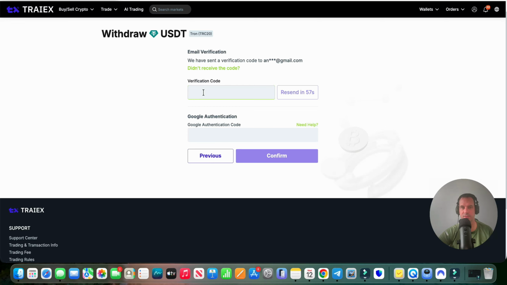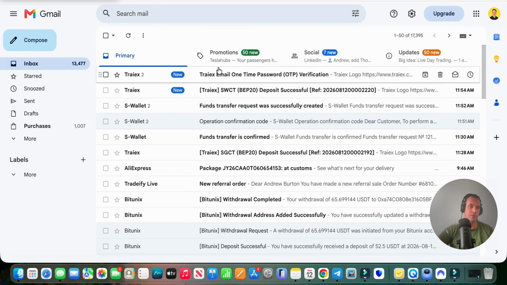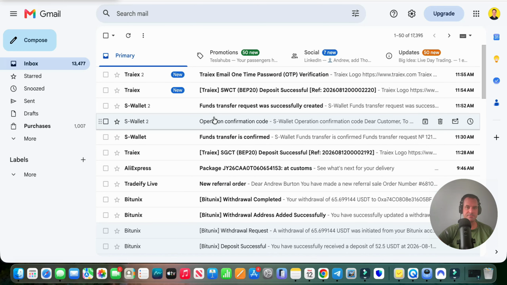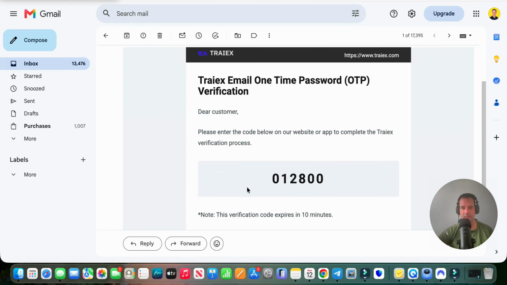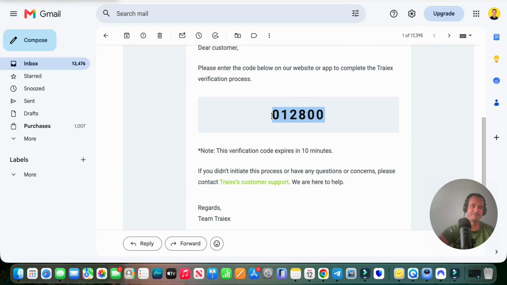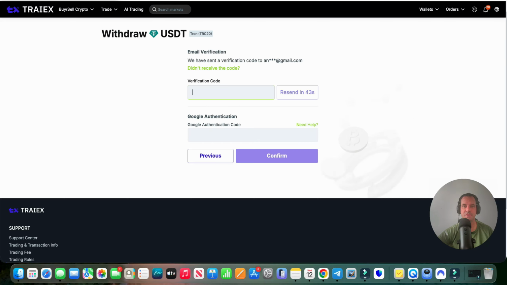So the verification code is going to my email address. It's going to pop up here pretty soon. I think it already came there. Anyways, yeah, that's it right there. Okay, back to Triax. I guess we can close that. Pop that in there, and then Google Authenticator. Okay, so you're going to have to put the authenticator on here to withdraw. So you do that through the security